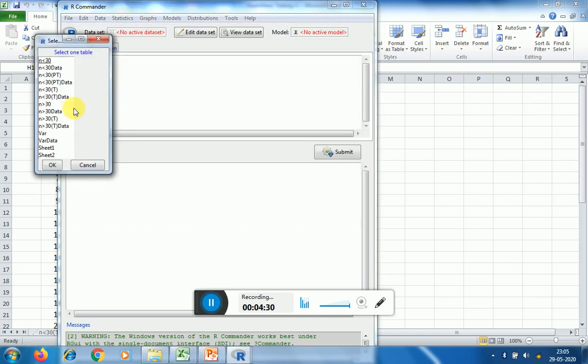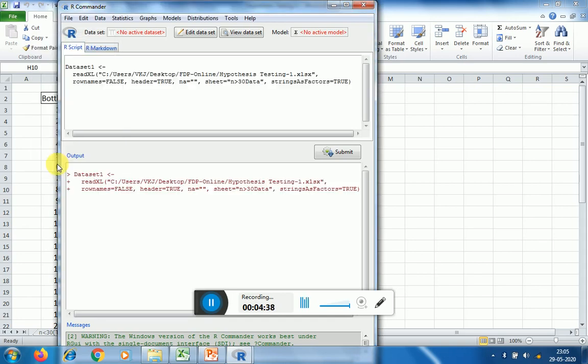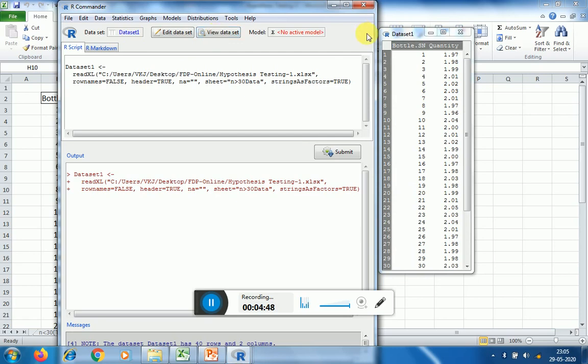In hypothesis testing 1, I select the n greater than 30 data which I have prepared in the Excel worksheet and then click on OK. So here dataset 1 is now appearing. I can view this dataset. So this is the dataset which comprises 40 observations.